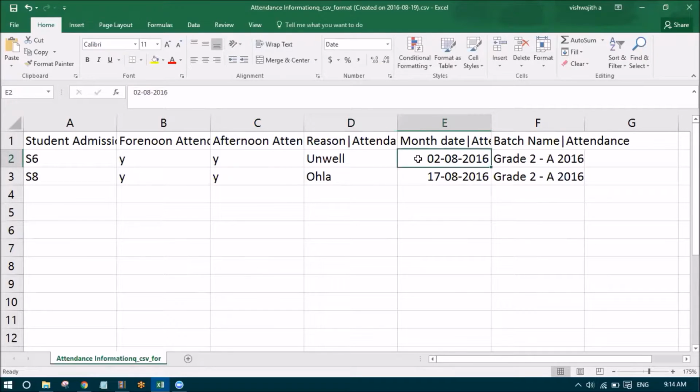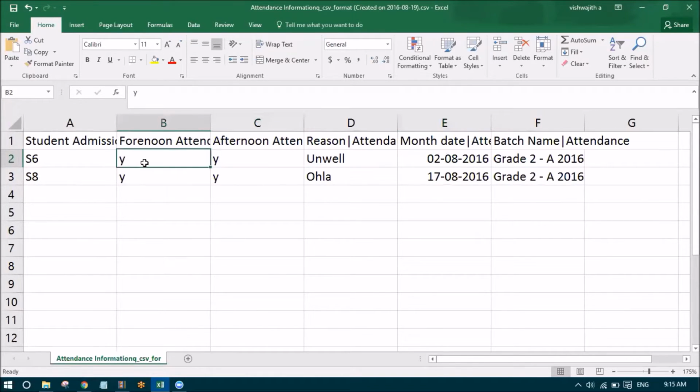Month, date. Here, if you see, column A and E cannot be changed. Whenever you are performing an update on existing data for attendance, you cannot change the A and E columns. It has to be exactly what you see there. The rest of the columns' information you can change, and when you bulk edit, it will get updated. Like I have changed for column C.